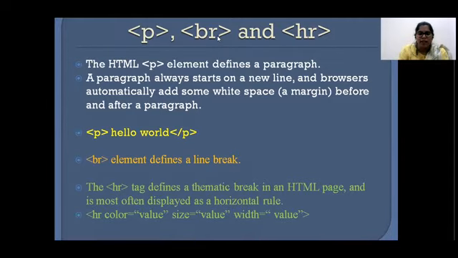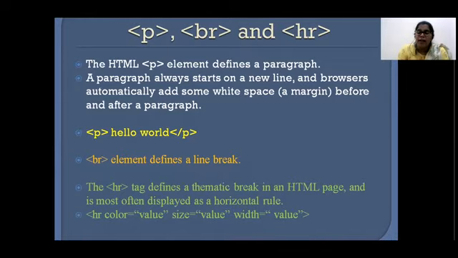Let us move on and see the next tag, the BR tag. The BR tag will give a line break. Suppose you are writing a few lines one after another, but you keep writing the content in the notepad by simply pressing enter. They won't come in the next line; they will automatically come in the same line.